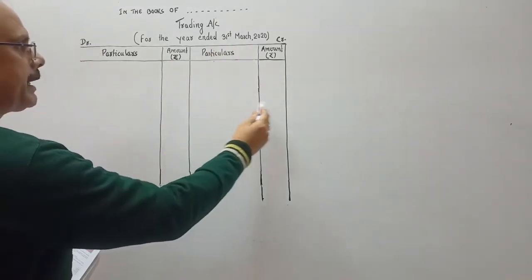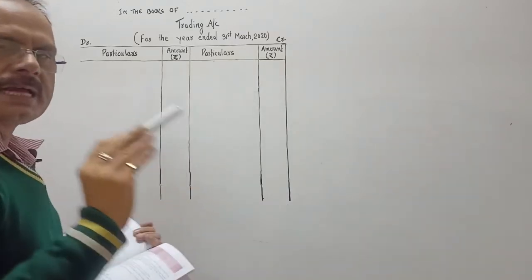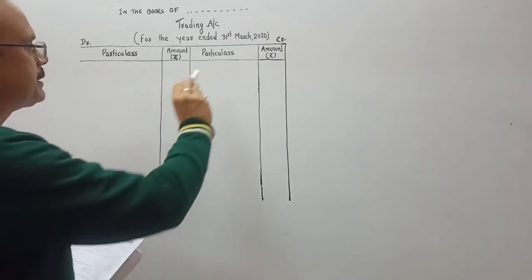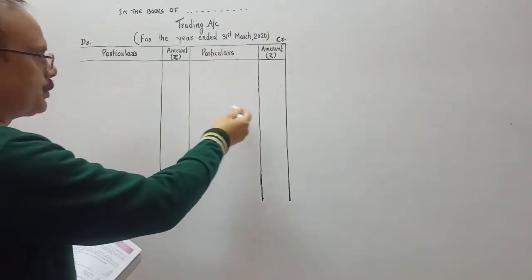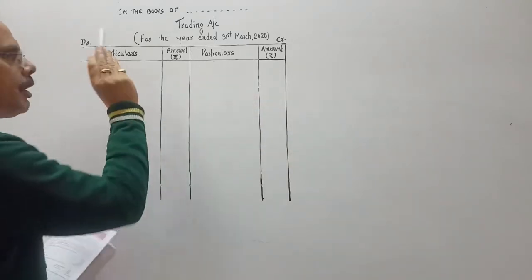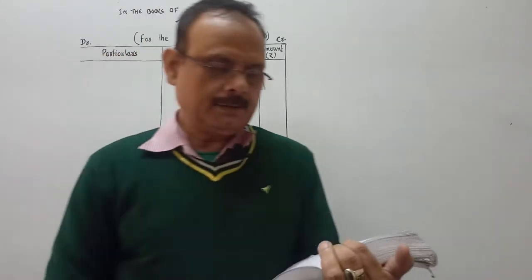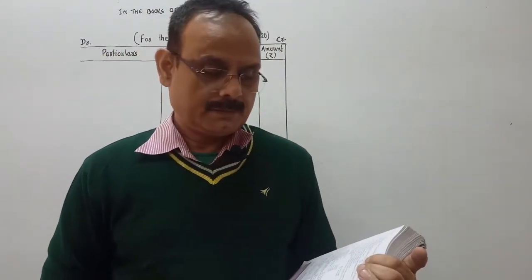Particular, amount in rupees; particular and amount in rupees. This side we write the expense, this side we write the income. Which type of expense? Direct expense, purchase and direct expense. This side is your direct income, meaning sales and closing stock, and start with the opening stock. Okay, so the information given: adjusted purchase 15 lakhs, sales